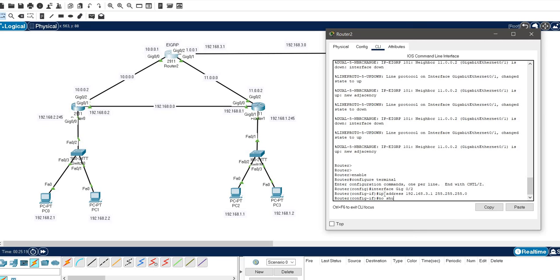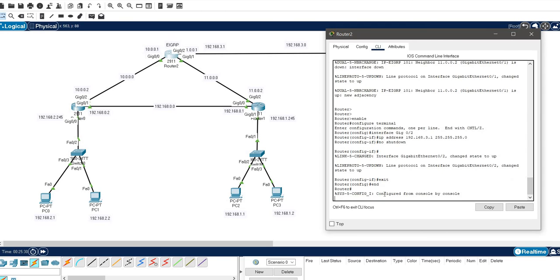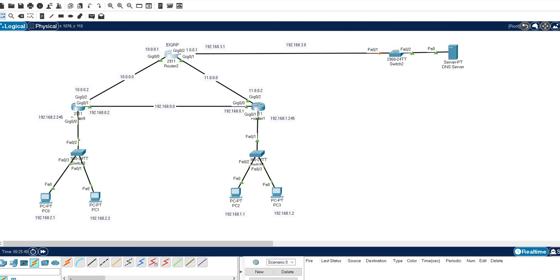No shutdown. Exit and WR. Right now we set up the IP address, so let me send the PDU again. Now it's a success. The IP is assigned for interface 0/2 and it can reach up to this,